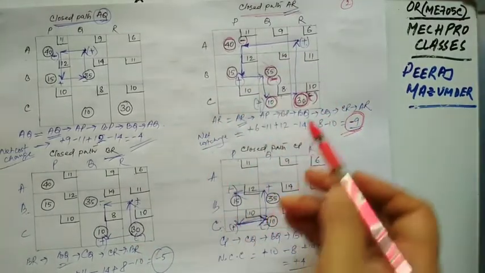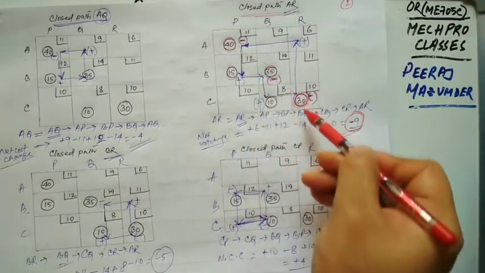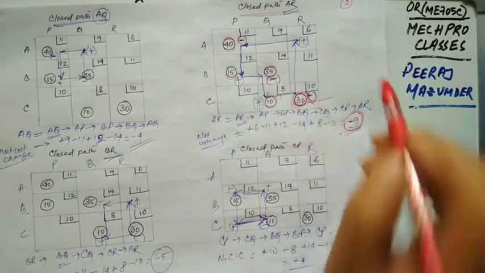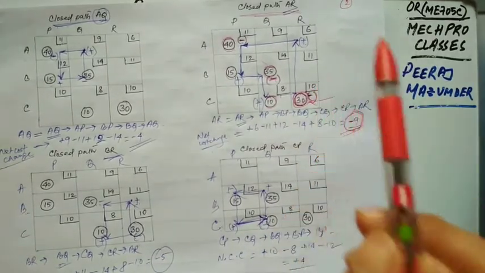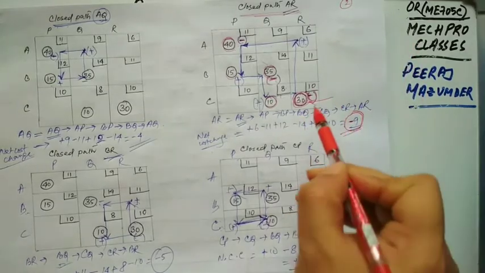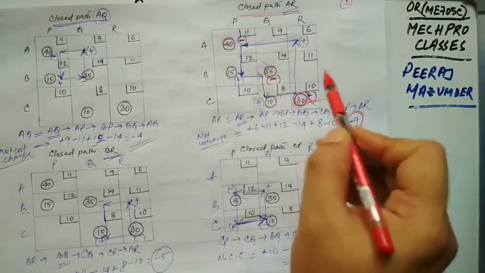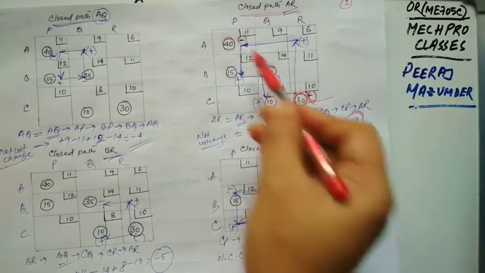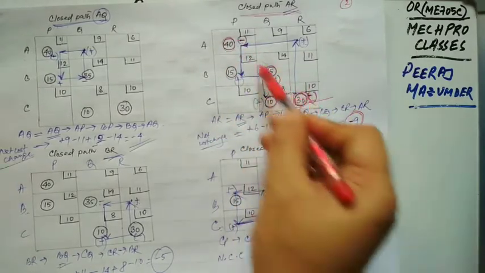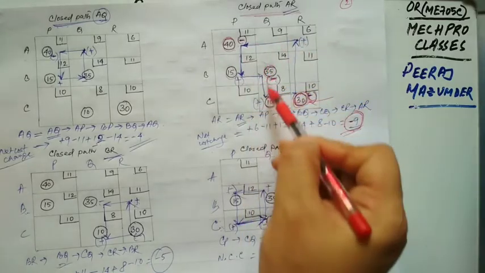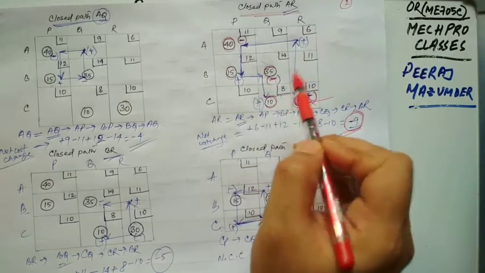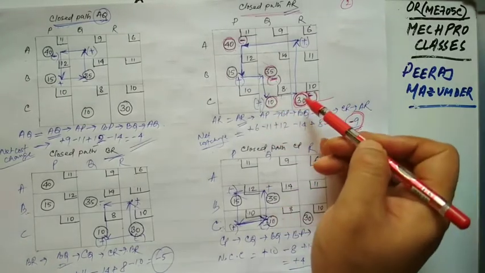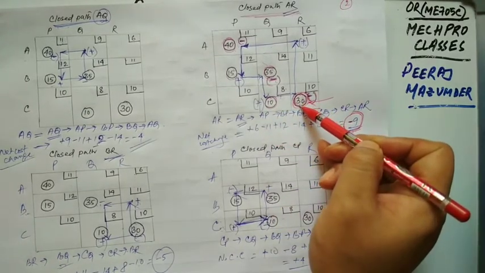Next step is you have to select the least of the negatively allocated cells. Now it comes here, 30 only. So the maximum number of units which can be moved along the closed path is 30, which is the smallest of the figures at the negative sign squares on the closed path. On the closed path only you have to choose. Keep in mind, this is the least negative one.